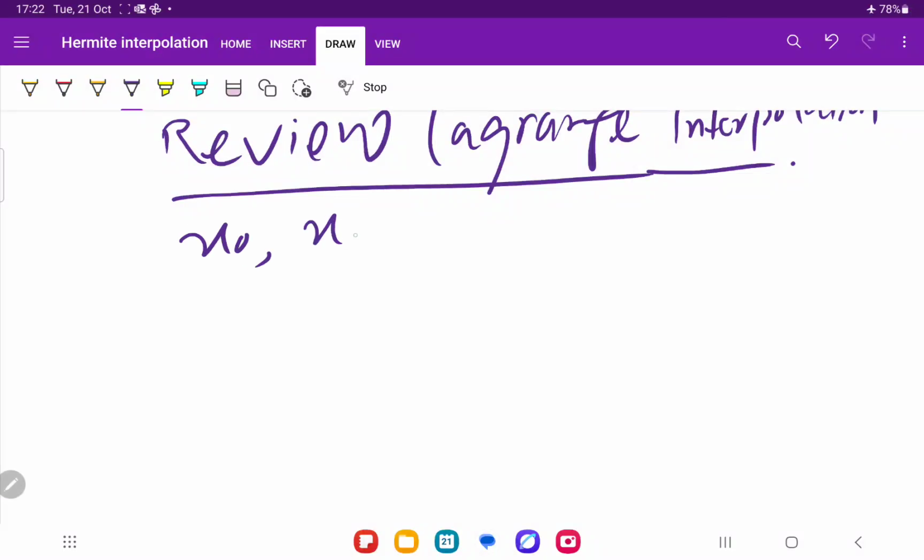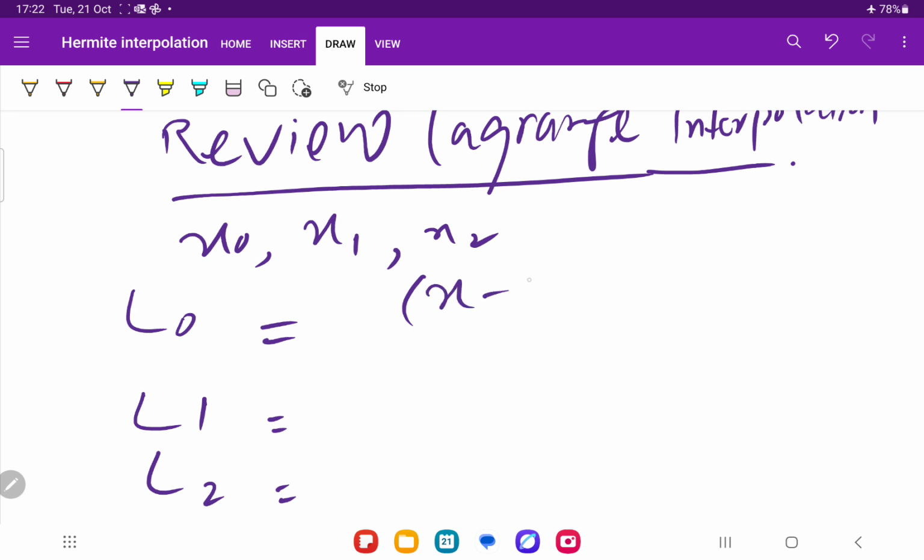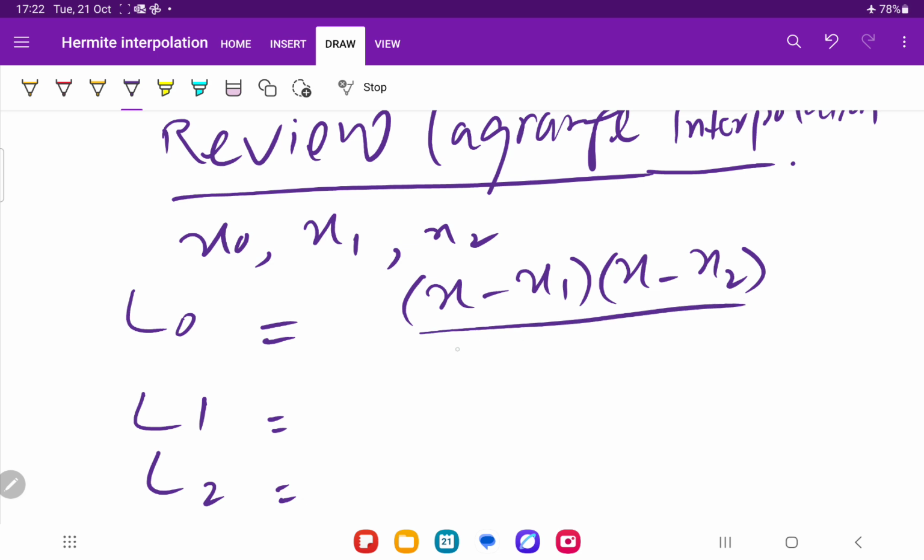3 points x0, x1 and x2. Okay, if you have been given 3 points, you could generate your L0, you could generate your L1 and you could generate your L2. Okay, so in the numerator, x minus x1 and x minus x2 divided by x0 minus x1 and x0 minus x2, that is the L0,